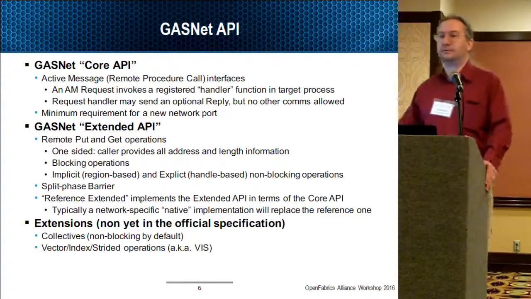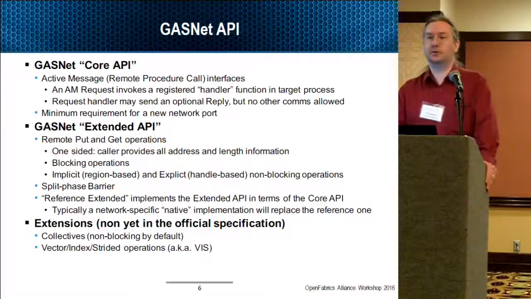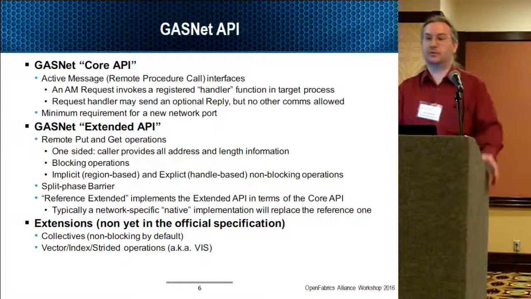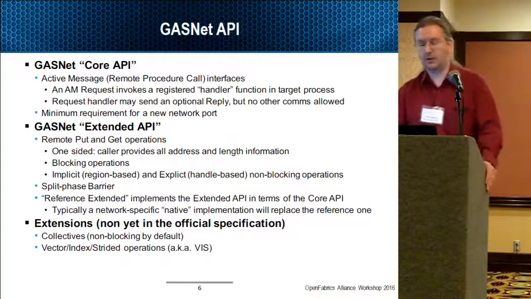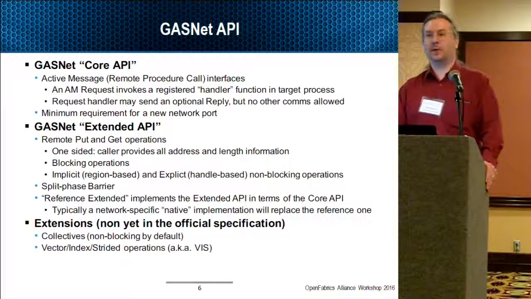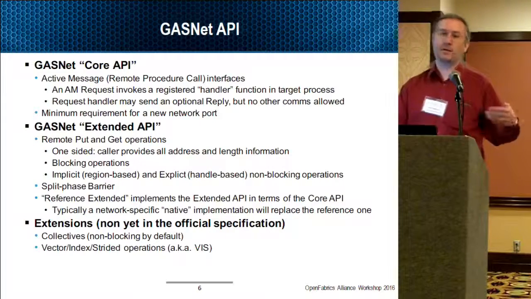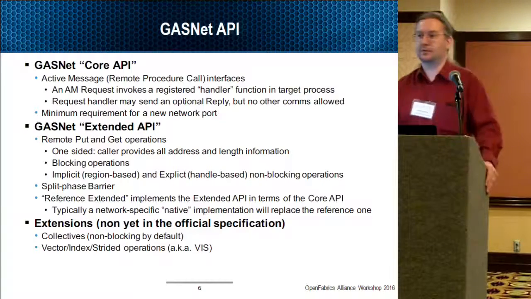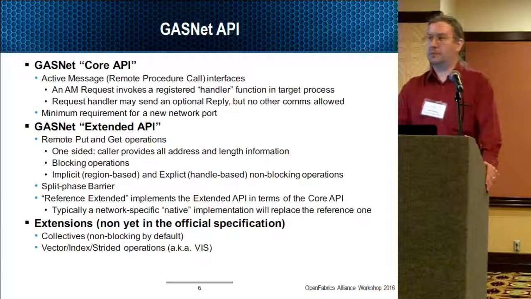So GASNet itself is an API that's split into 2 levels. We have at the bottom what we call the GASNet Core API, which includes the active messages, the remote procedure call interfaces. Active messages is a restricted form of remote procedure call. An active message request goes from an initiator to a target node, and that target runs a handler. We register handlers at initiation, so we're talking about passing an integer index, not an actual function pointer. And so there's, like many RPC mechanisms, a little bit of a protection there. You're not passing random addresses and such.